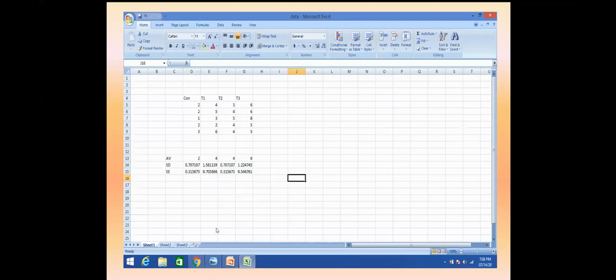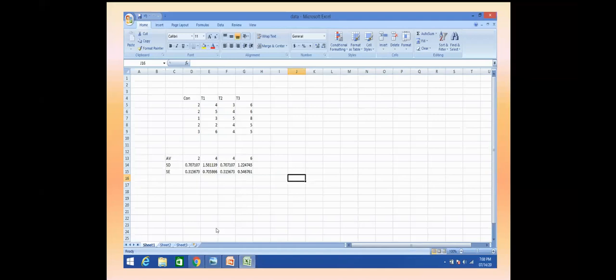Then SD values, which you can calculate by applying descriptive statistics. There is one option, I will show you how to do that. So through descriptive statistics, standard error, and based on these values you can construct this